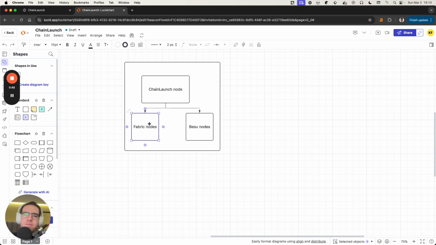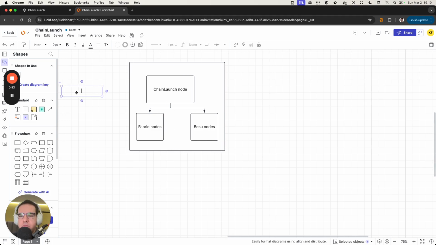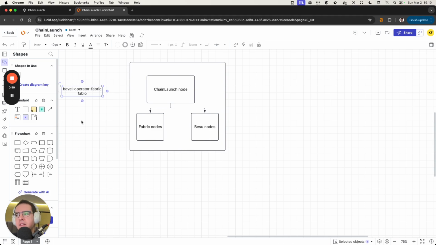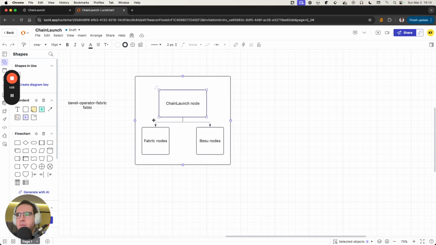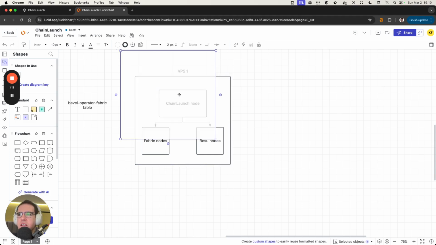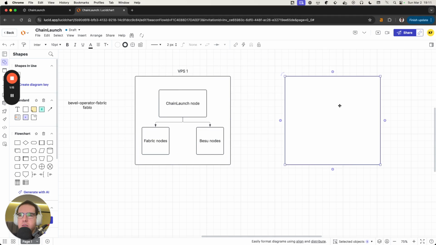But this has been solved for a long time. There is the Bevel operator Fabric. There is Fablo also. There are many tools that you can use to deploy a Fabric node or a Besu node. But what is novel about this product, so this will be VPS 1, is that you can connect with other companies,